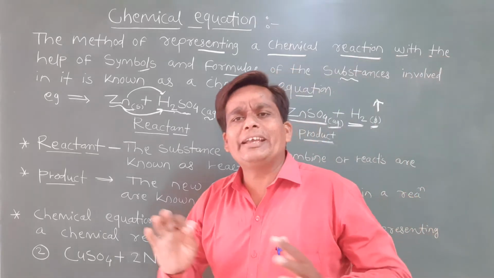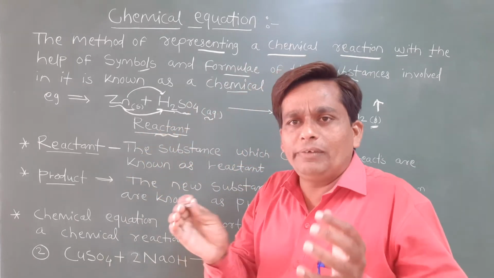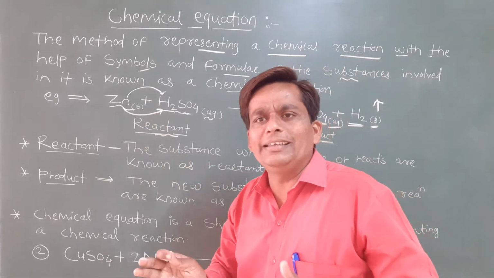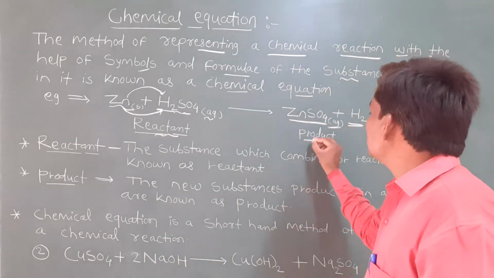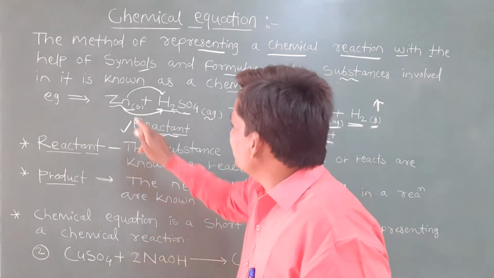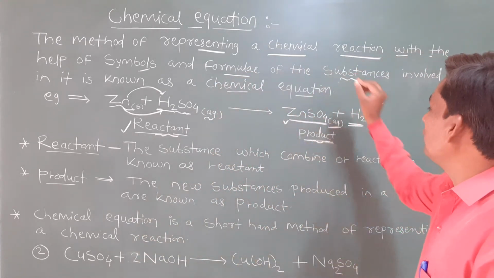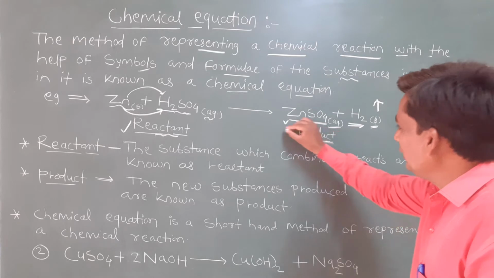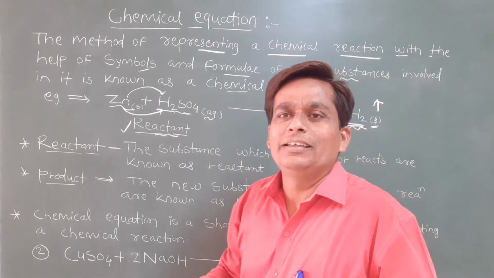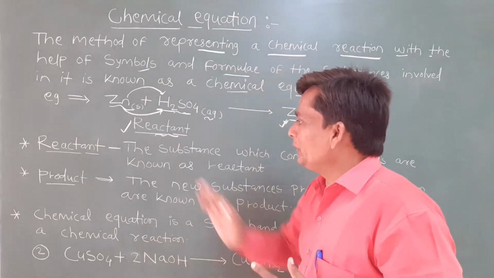When we show any chemical reaction, the left hand side is the reactant. When we combine chemical compounds, we mix them, and that is the reactant. After mixing, whatever new thing we get is called the product. Zinc and sulfuric acid act as reactants, and zinc sulfate and hydrogen gas act as products. Actually, zinc sulfate is the product and hydrogen gas is the byproduct. The product is in major quantity and the byproduct is in lesser quantity.